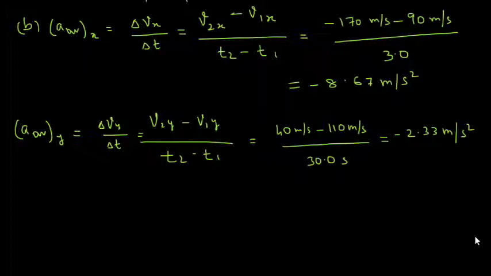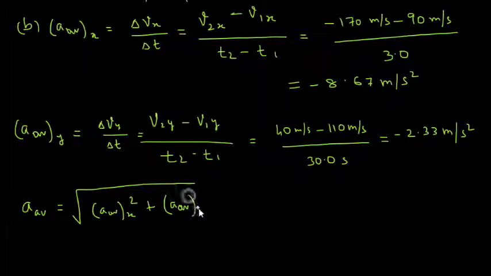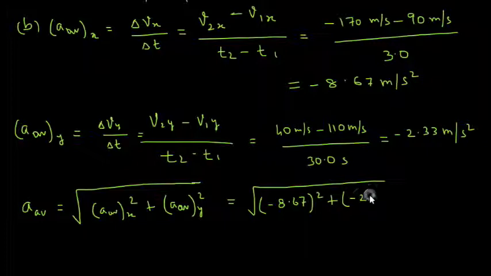Now we'll go to the next part, where we need to find the magnitude and direction. So the magnitude of average acceleration, a_av, is equal to under root of a_av x whole square plus a_av y whole square, and putting the values of a_avx and a_avy, we get minus 8.67 whole square plus minus 2.33 whole square is equal to, upon solving, we'll get